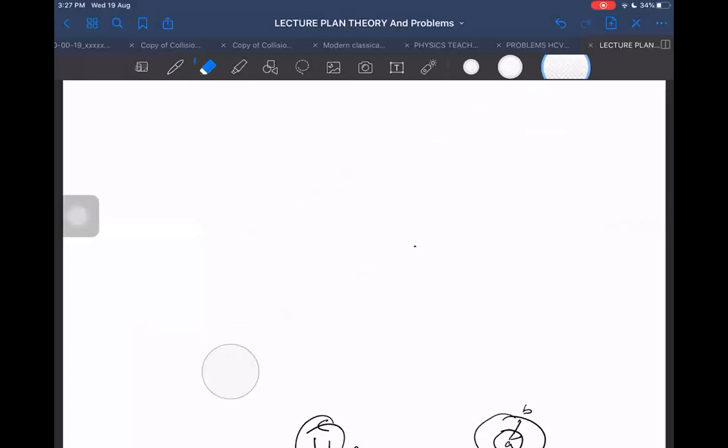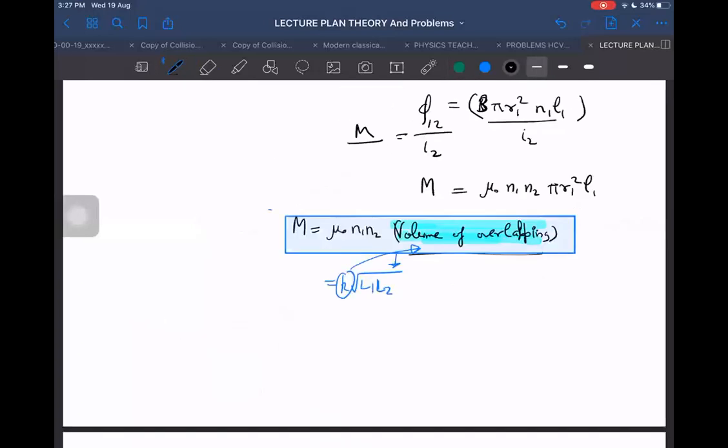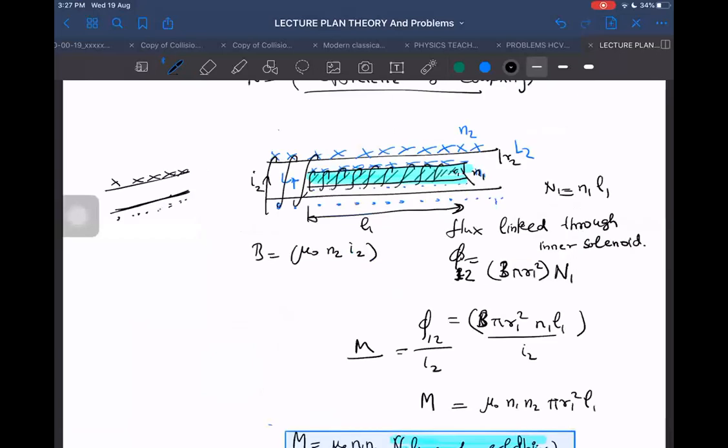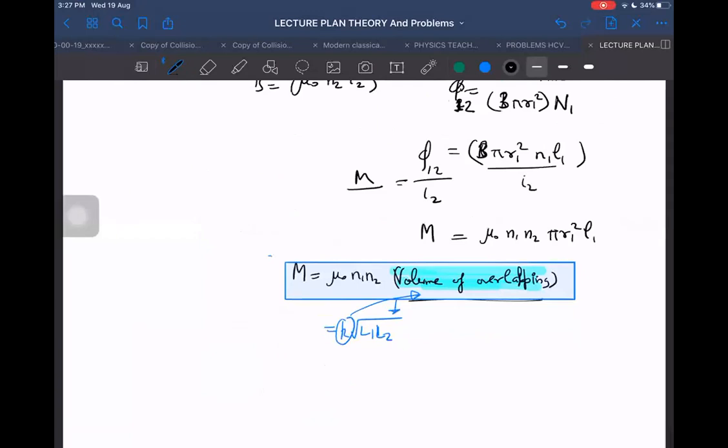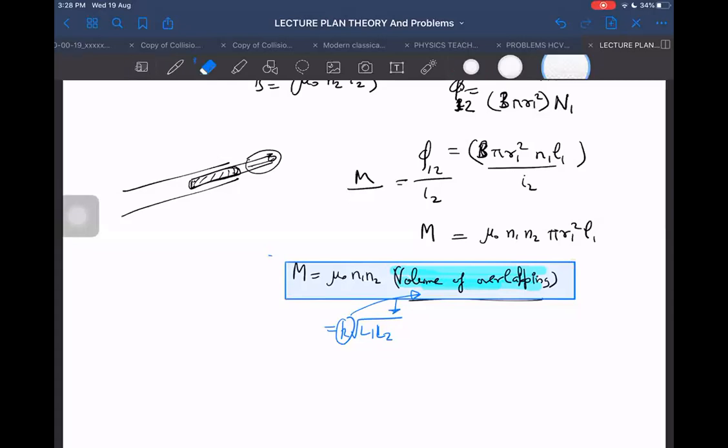But otherwise also, I think your point was still valid. So therefore I said that let us ignore that part. Volume of overlapping may not be always valid. But yes, if somebody still asks this problem and is not giving you any other information, and he wants you to find out the mutual inductance, then I think I have really no option left. Then I will take this volume of overlap, and I will have to assume that the flux outside is very less or negligible. Although it may not be true, it may still have some significant flux outside also. It may not be right actually.